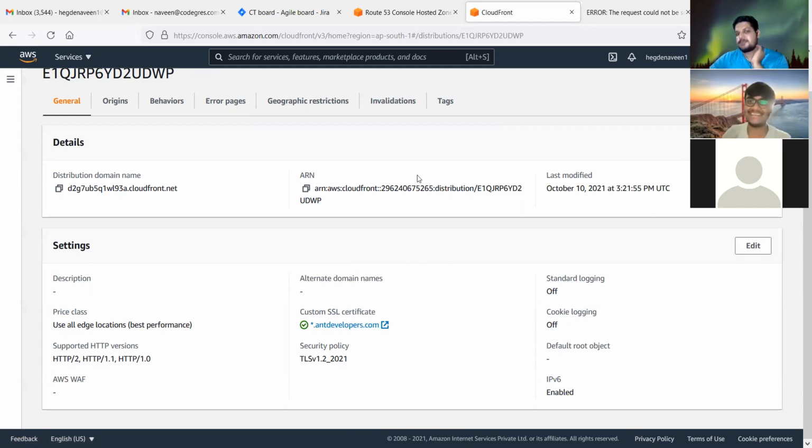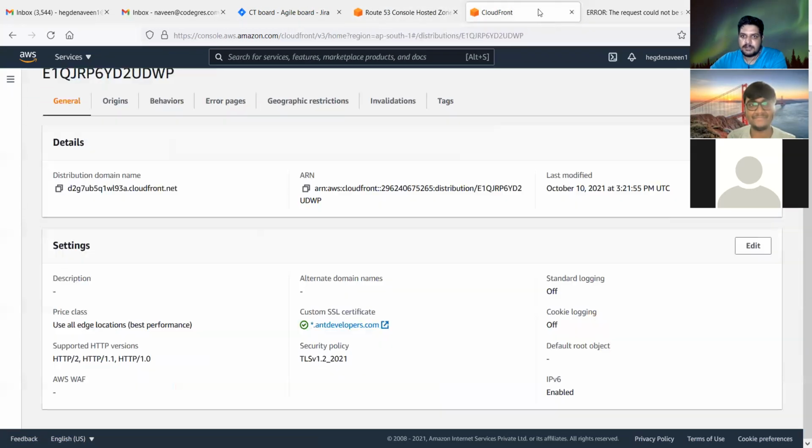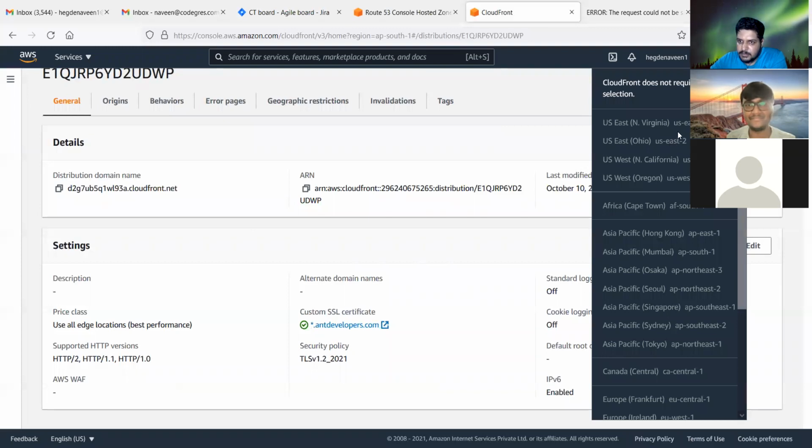So here you should make sure that the certificate as well as everything should be in Virginia. Why is that? Because CloudFront doesn't allow certificates from other regions. Everything, including the S3 hosting bucket, should be in Virginia.